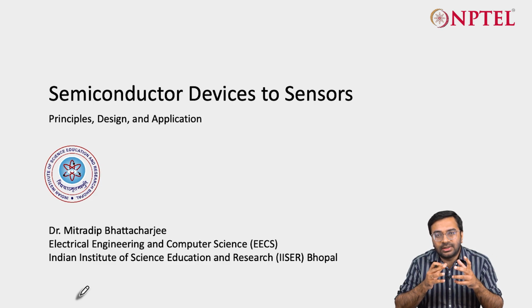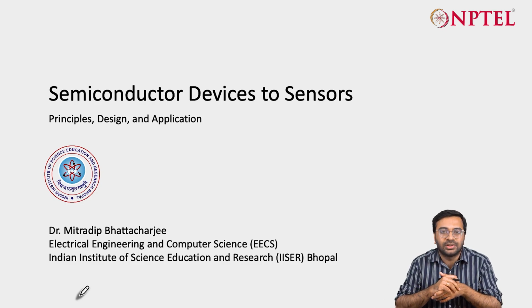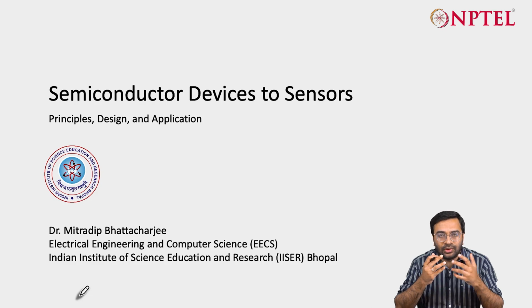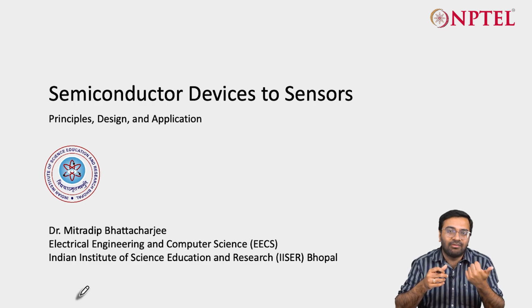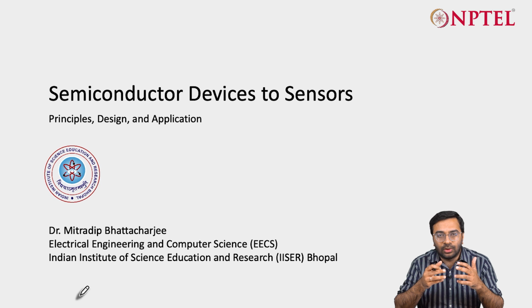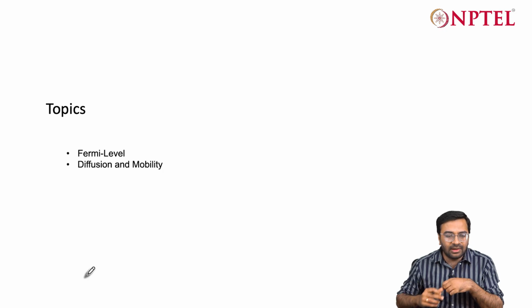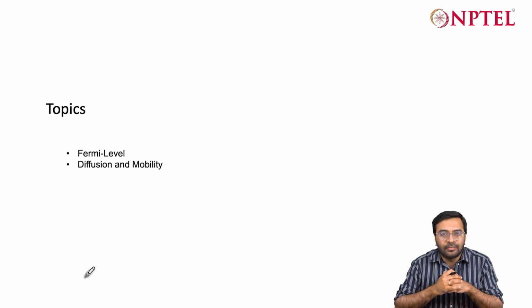We studied some of the carrier concentration related considerations, how intrinsic carrier concentrations are measured. We studied what is NC, what is NV. We studied what is NA, what is ND, that is donor and acceptor ion concentration, how they are related, and associated concepts. So, today again we will solve some problems related to Fermi level and diffusion and mobility,